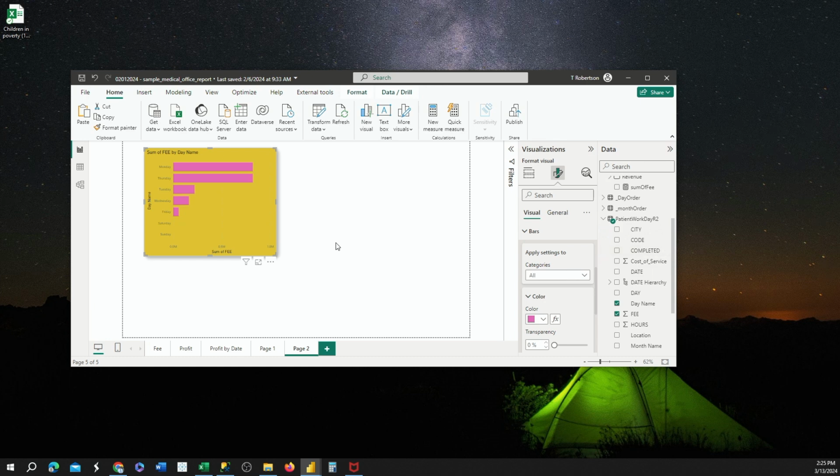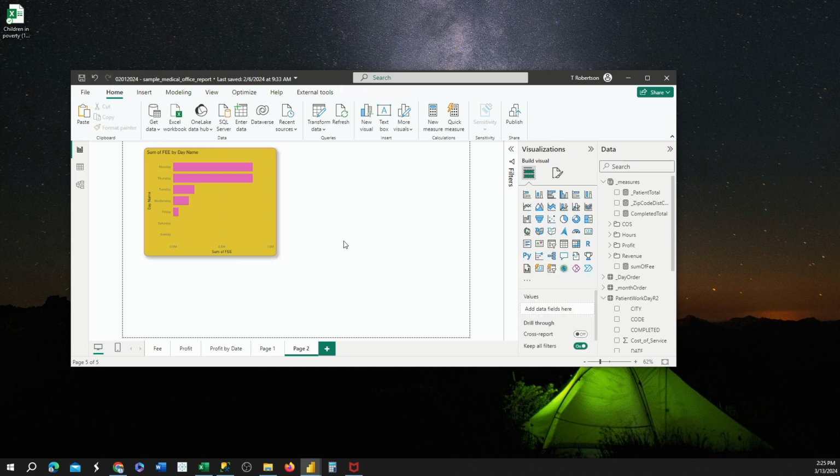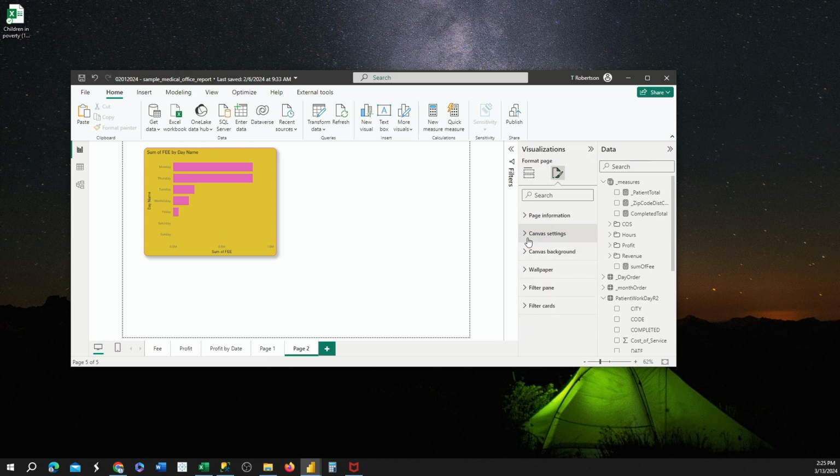So the way that we create visuals, the way that we create formats in Power BI for the visuals, they're the same. So if you can format one visual, you can format them all. Let's remember, we can come off the visual and then come back to format, and now we can format